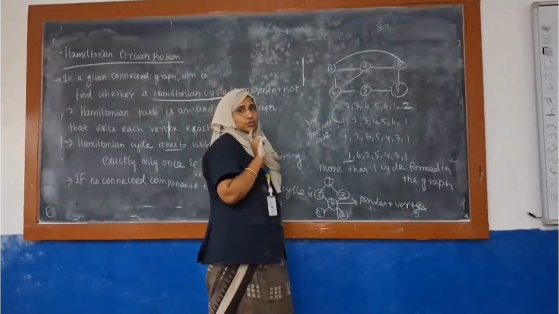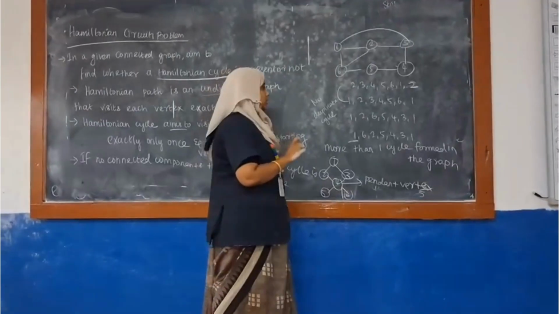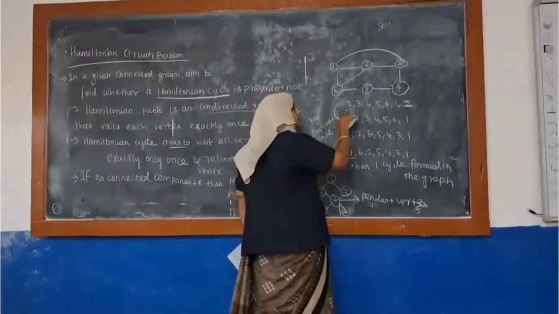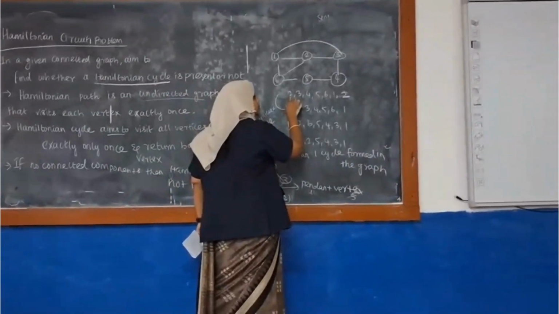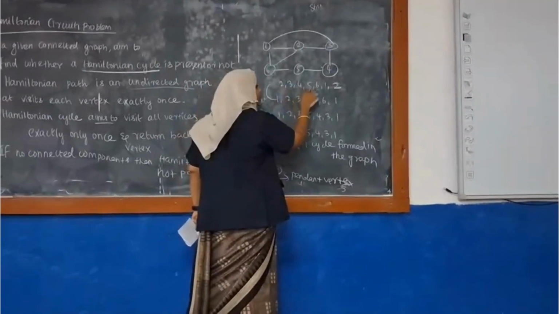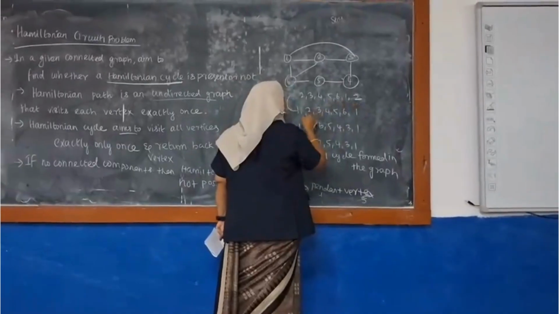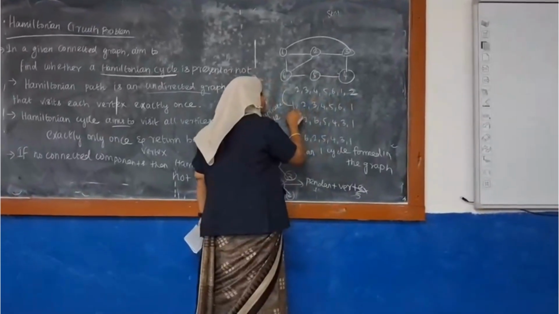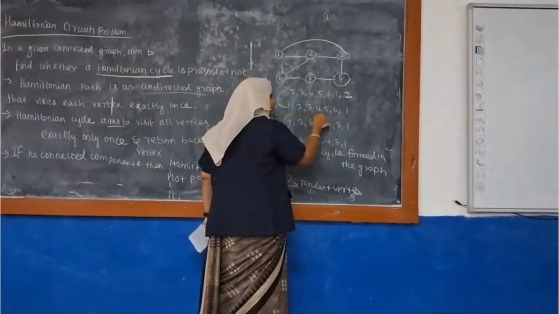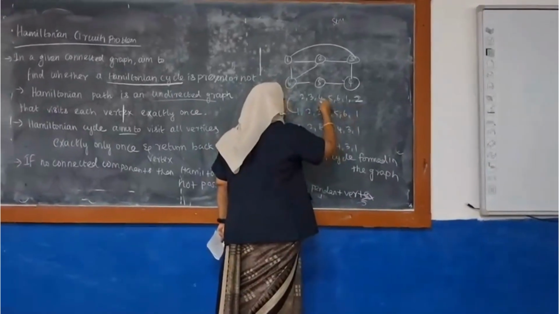That thing should be avoided in the Hamiltonian cycle. So what is the duplicate? Listen, simply this is one possibility: 2, 3, 4, 5, 6, 1, 2. And again this is also 1, 2, 3, 4, 5, 6, 1. So here both